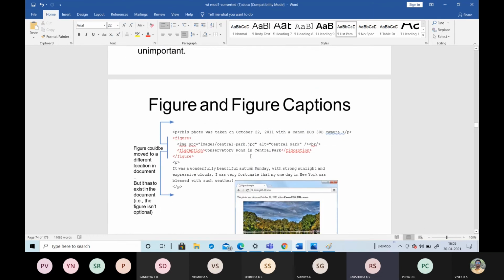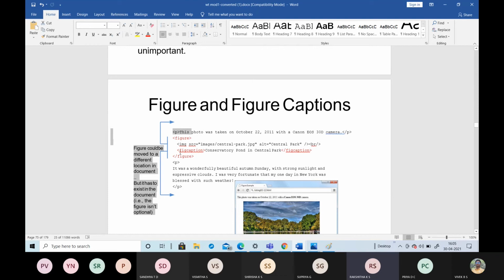This is the example for the figure and the figure caption. Look into this program. First we have written a paragraph, followed by the figure, with an open tag and a closing tag.